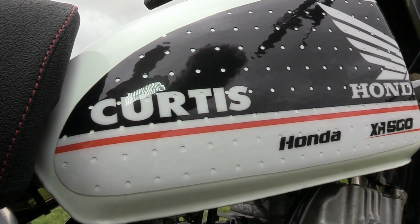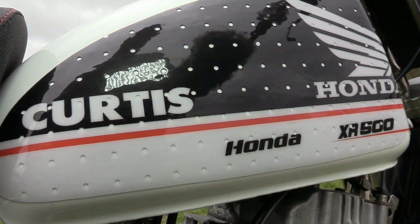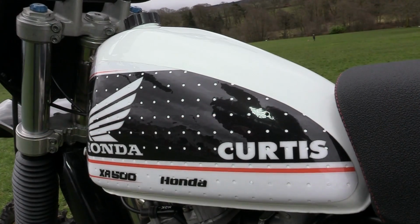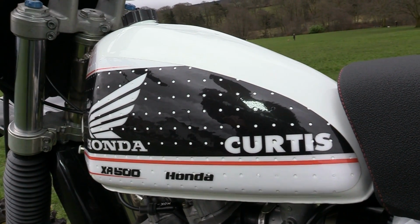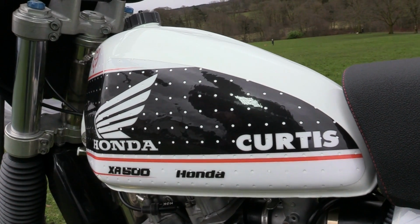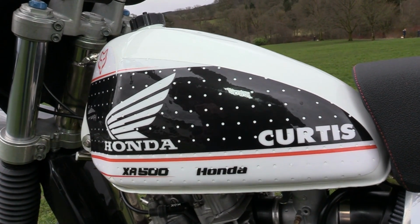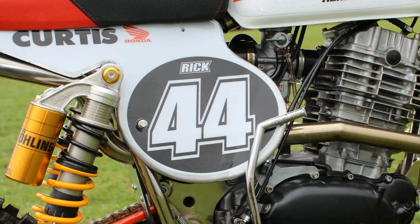And so as we move on to the gas tank on our Rick Caldwell Curtiss Honda, now this has been taken from a 1979 Honda 250 Red Rocket, and this tank of course has been painted white, and then these very nice graphics added, which were all supplied by Ian and Alan Reid at MXM Graphics, who manufacture all manner of motocross graphics for your bike, and they can even do these one-off special projects as used on this featured